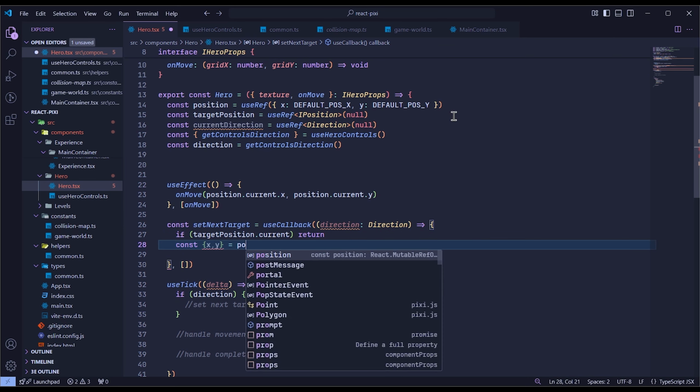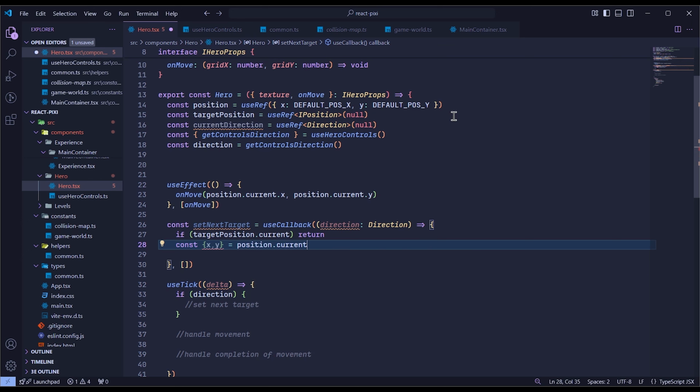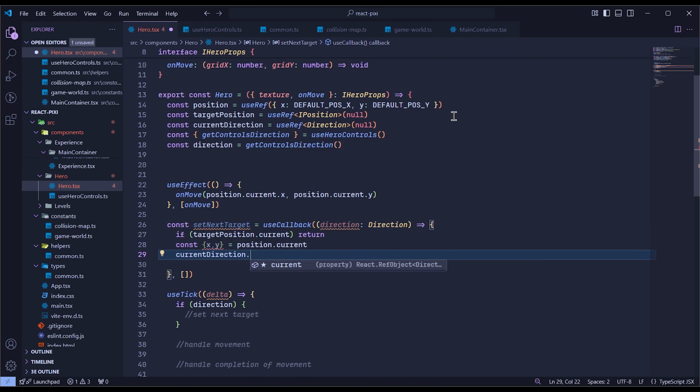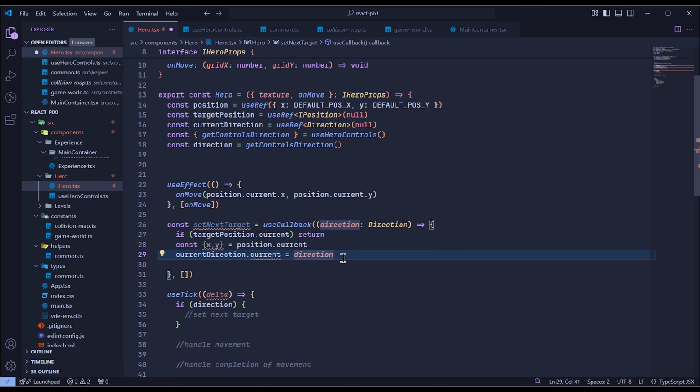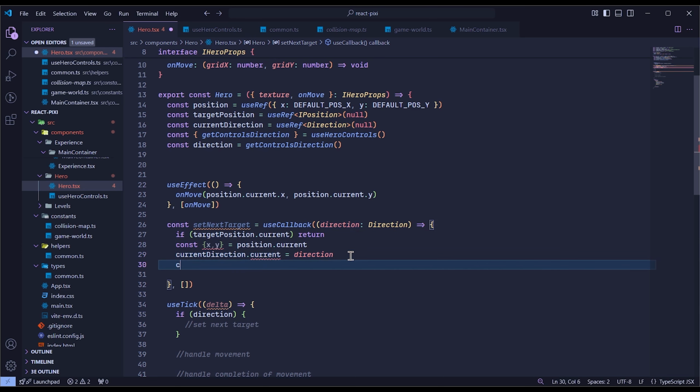Okay, getting the X and Y from the current position, actually position current, and putting the direction to the current direction. Let's take a look at what's not right. Yeah, I think it's about the nulls here, so let's just change the types. I think that should fix this, but first let's put the new target, and